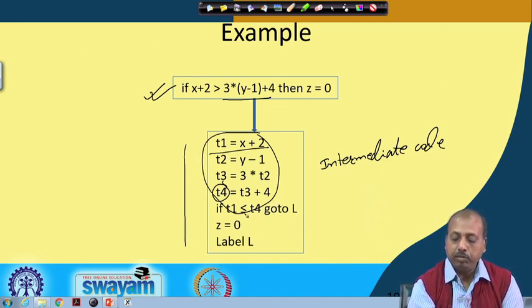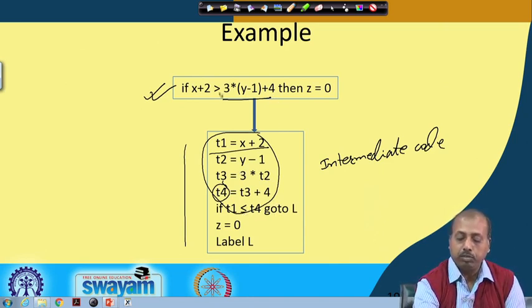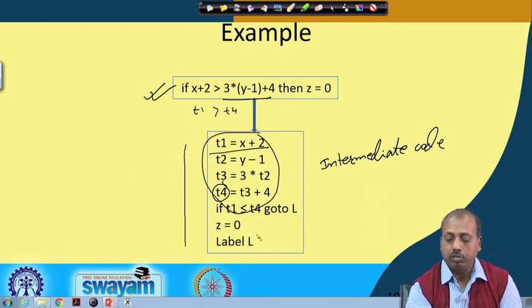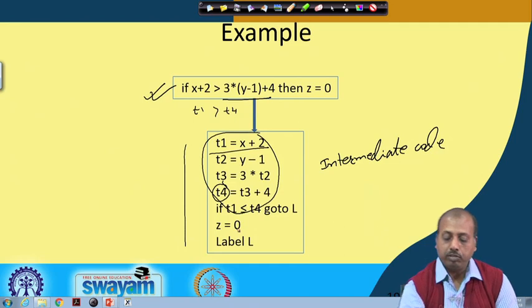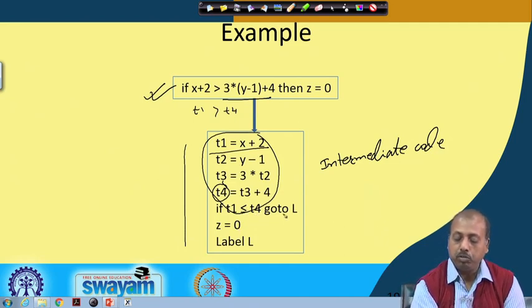Now, so our condition is T1 is greater than T4. So, in that case Z will be made equal to 0. So, the condition is generated in just the reverse of that fashion. So, if T1 is less or equal T4, go to L. So, this is a label and then we make Z equal to 0 and then the